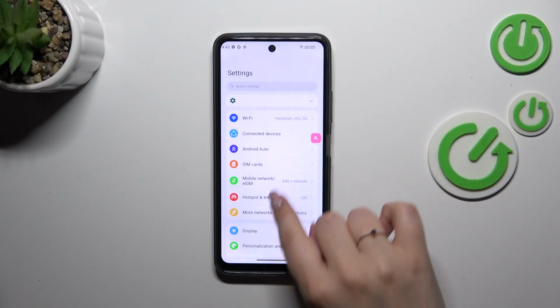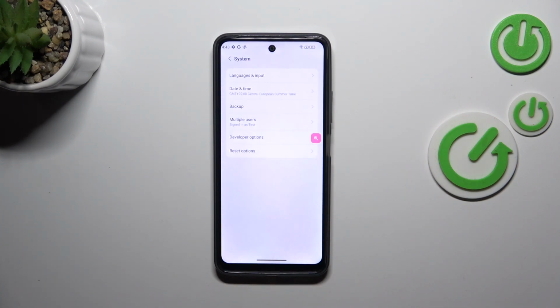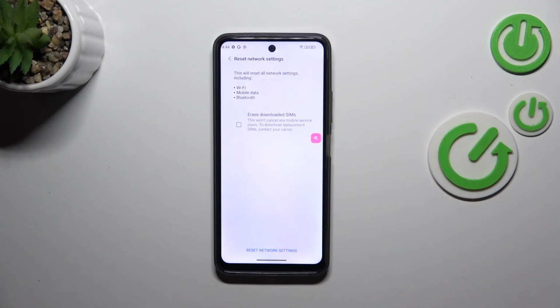Let's tap on it, and here we have to scroll down to the very bottom to find system. Now let's tap on reset options, and as you can see at the top we've got the option we're looking for, so let's tap. Here your device will inform you what it will actually reset, so Wi-Fi, mobile data and